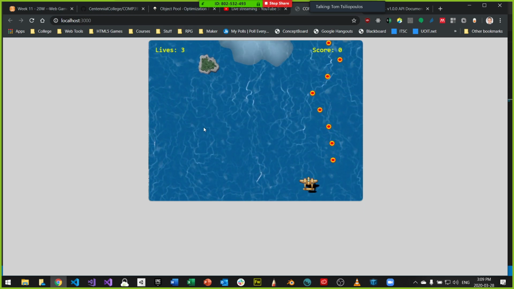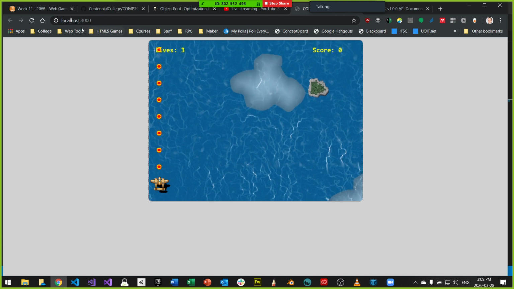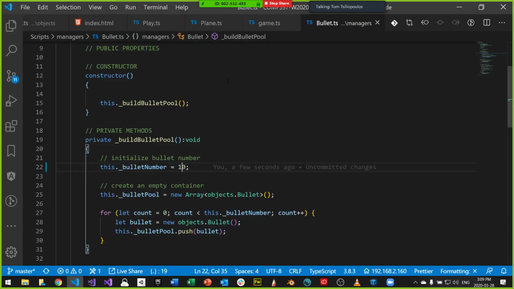Now, let me tell you this. There's probably going to be a case where 10 bullets is just not going to be enough. So a nice healthy number like 100 is probably going to be more than what you need. This is just for the bullet pool. Imagine also that you had not just bullets coming from below, but your enemies also fire bullets downwards towards you. That's a totally different scenario, where if your enemies can fire bullets at you, maybe you need more than just 10 bullets. So 100 bullets is more than enough.